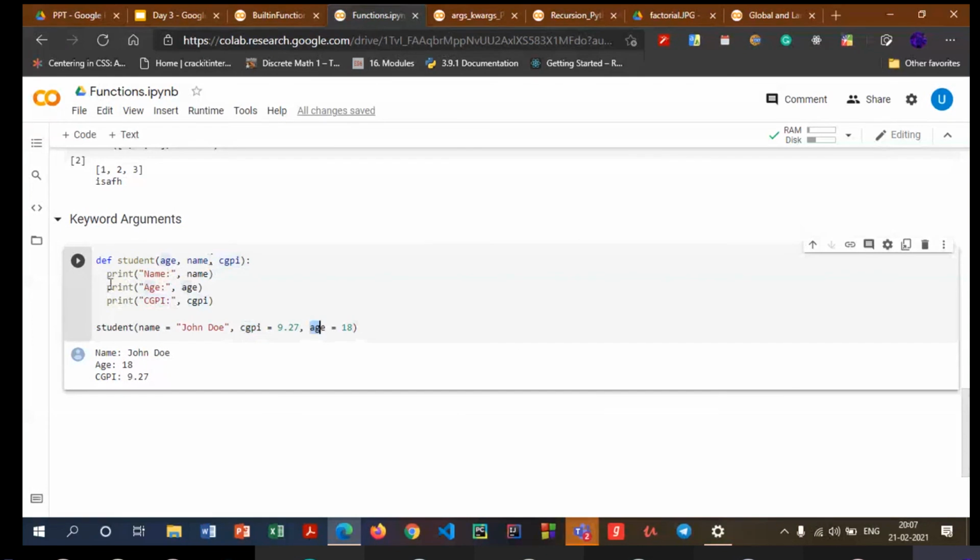I have shuffled this order, but the values it takes are going to be the same. I want the name parameter to take the value which is passed first, that is John Doe, so John Doe will move directly to the second parameter, name. When I print this statement, the first value which I get is John Doe. That is what we wanted to achieve, right? The variable name should take the first value, and that is what it does.